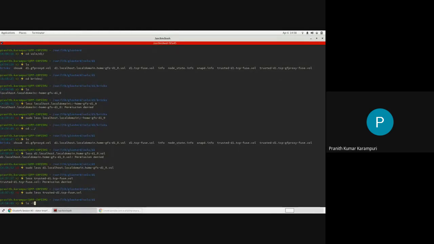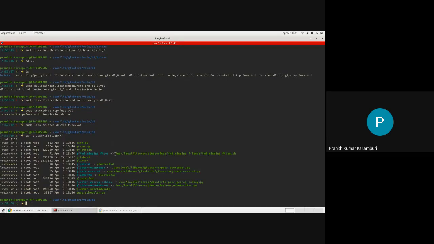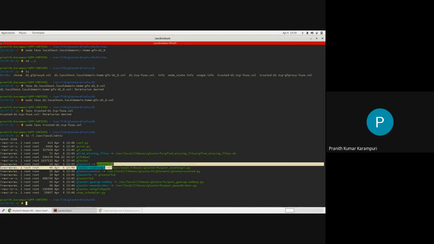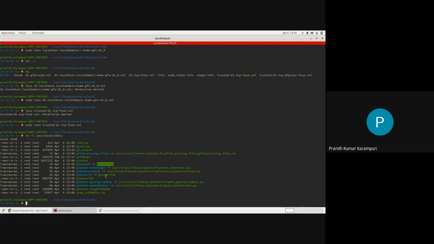The installation is in /usr/local because it's a source installation. You will see that there is only one binary, glusterfsd, and glusterfs and glusterd are actually just pointing to glusterfsd. So all these three processes are from the same binary.